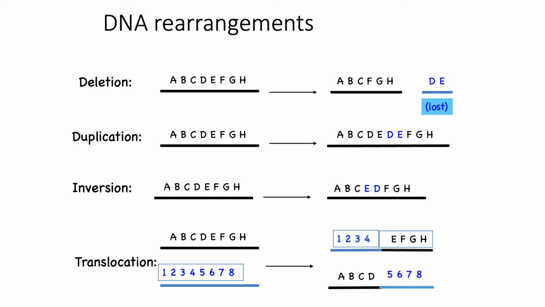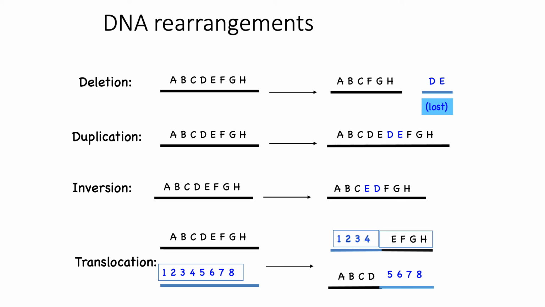You can have duplications, so that there's extra DNA present that's the same as another part of the chromosome. Now in this case it's showing it right adjacent to it, but it doesn't necessarily have to be. You can also find inversions, where part of the chromosome has been flipped around and reinserted into the DNA,